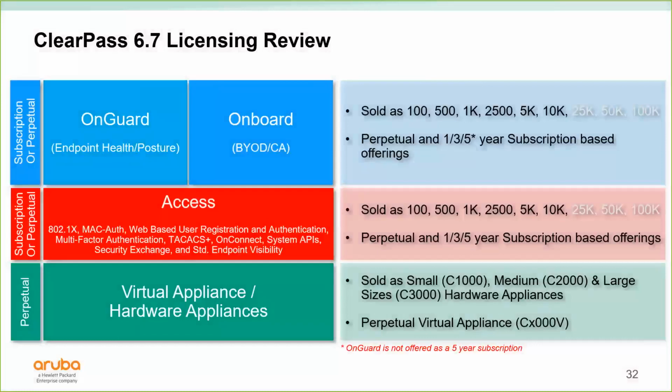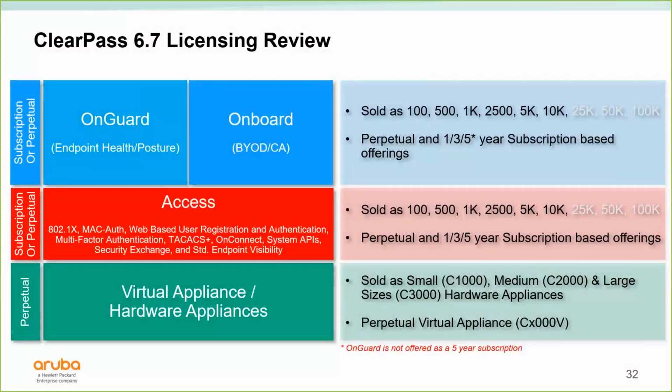So first and foremost, you start from the bottom up here. You build your foundation. What you're going to want to know is: is it a virtual or a hardware appliance? Now, hardware appliances are sold as the C1000, C2000, and the C3000. These are sized based on the amount of endpoints that you're going to authenticate. The C1000 is 500, the C2000 is 5,000, and the C3000 is 25,000. Now, the perpetual virtual appliance is just one. You actually get to pick the ISO that you want, and you can pick the C1000, C2000, or C3000 type of ISO